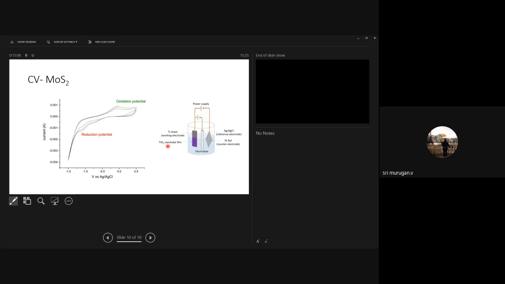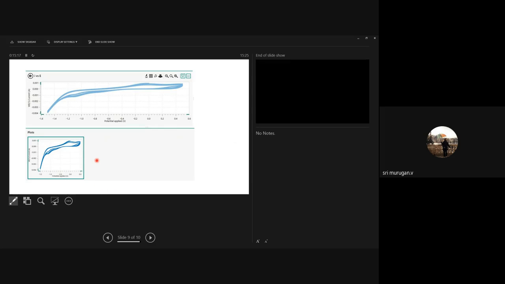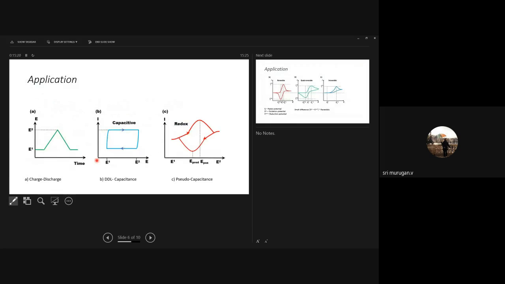Okay, so this is one of the examples we can use in our lab. You can see the capacitance behavior, and some of my seniors actually tried this part. This TiO2 is a nanotube, so it has a tubular structure. The charge will accumulate on two sides, so it will have a capacitive behavior, and in that case we will get a parallelogram kind of graph.